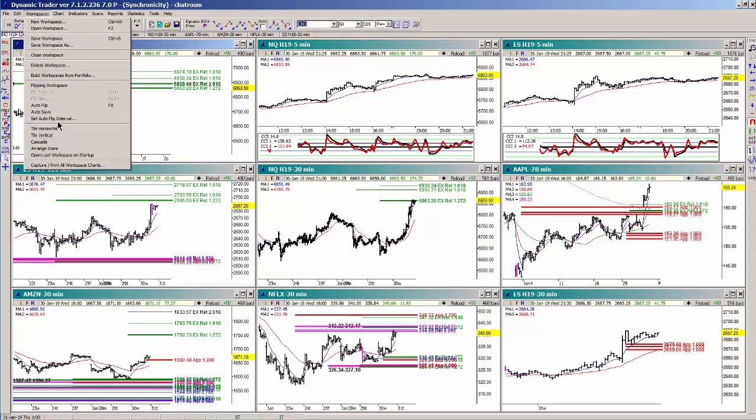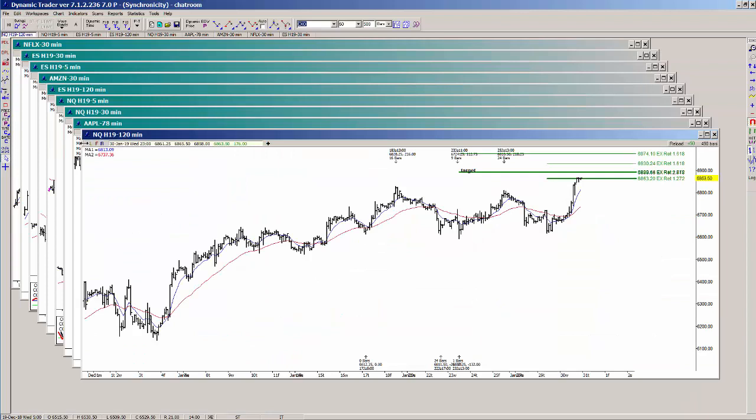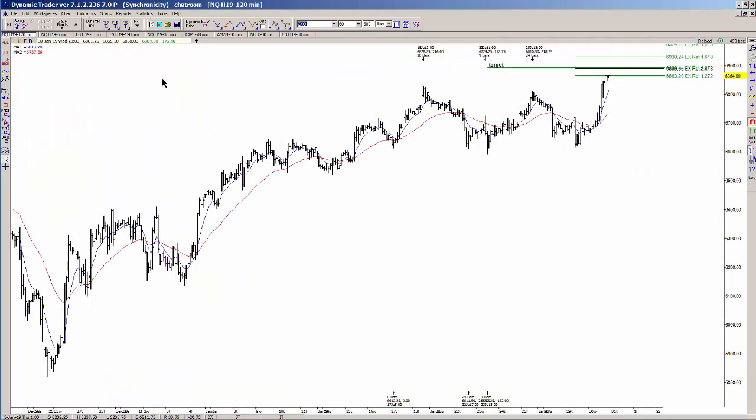Workspace, you can do tile horizontal, tile vertical, cascade. Now I don't really use that, but anyway, one of the other things that I just realized that I should give you is